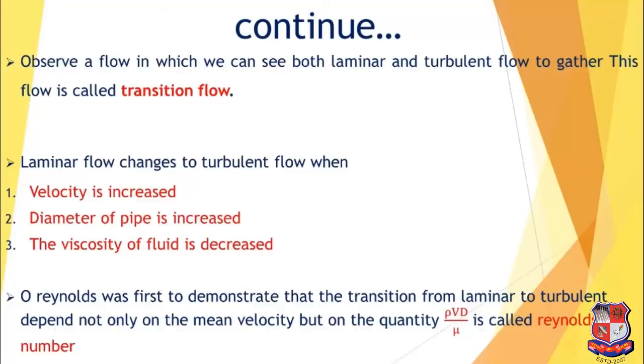Third, the viscosity. If you decrease the viscosity, the flow will become turbulent. How? Suppose you have a thick liquid in a pipe, flowing at a uniform velocity. Now for the same diameter, if you keep on increasing the temperature, the viscosity of that fluid will decrease. So in time it will flow fast and turbulently. The Reynolds number has a formula: rho V d by mu, where rho is the density, V is velocity, d is the diameter of the pipe, and mu is the dynamic viscosity.